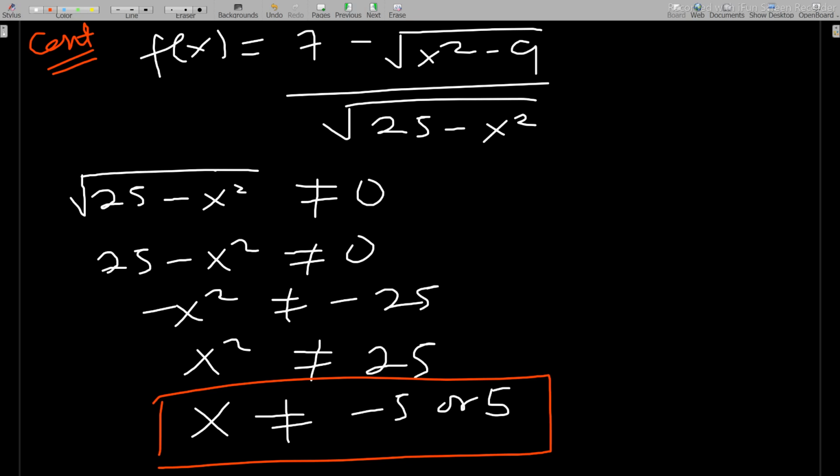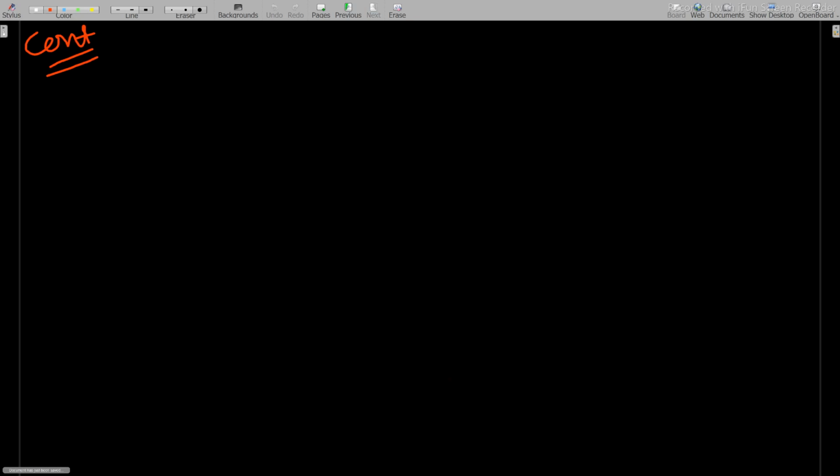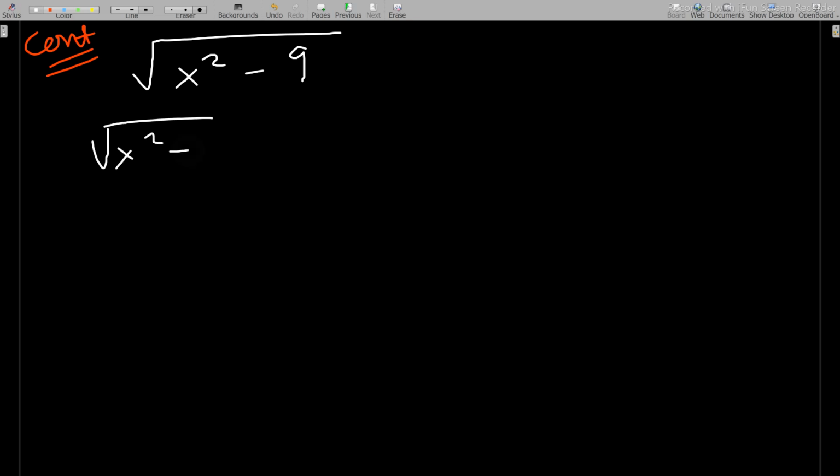That's a fractional one. So for a square root, then we go to the top one. Okay, because we have a square root here and a square root here. For the numerator, square root of what? S squared minus 9. Okay, so this function is actually defined for only positive values and 0. Okay, I hope you understand the square root. So for this to be defined, the square root of s squared minus 9 should never be less than